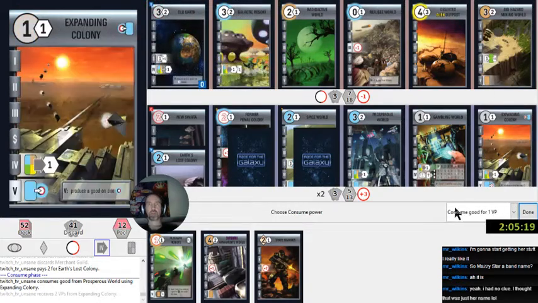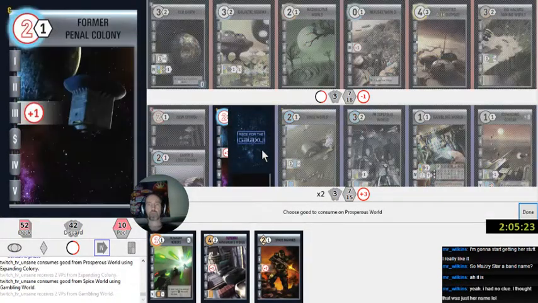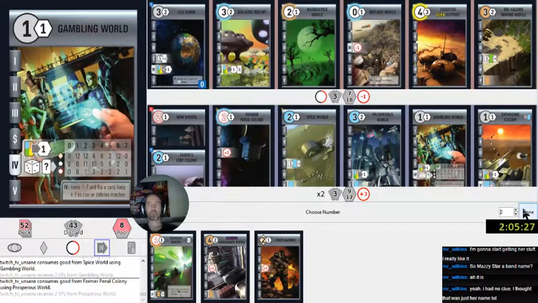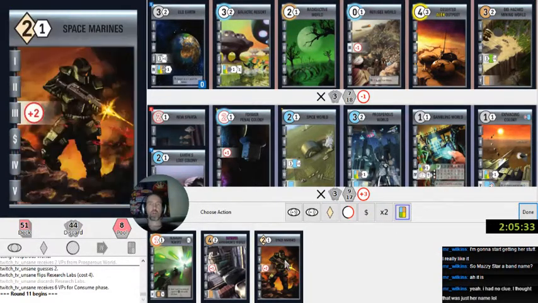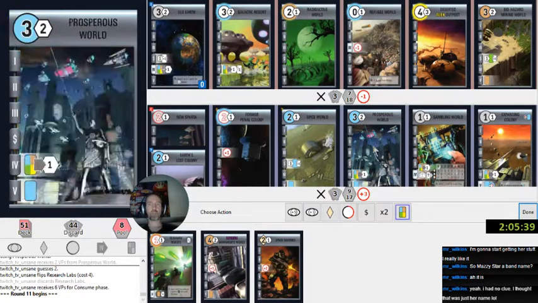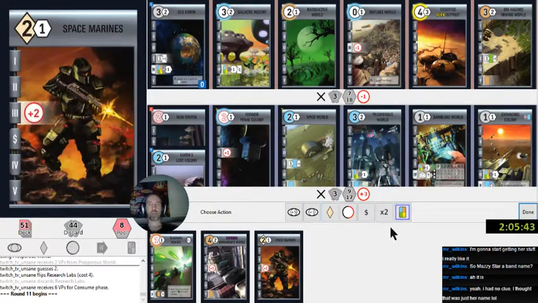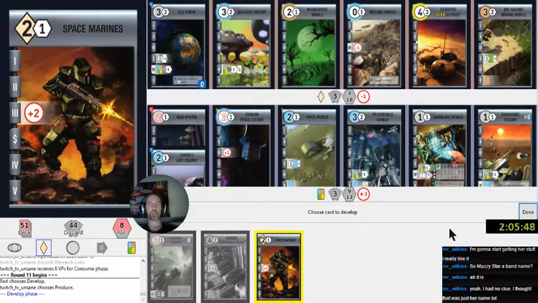What do you settle? Nothing. So he's up by 1 now. Up by 1, hand sizes are identical. I have an 8-point engine. He has a 4-point engine on a produce, if he produces. I can leech the 8-point engine. I mean, this can't be bad position. He devs, so...